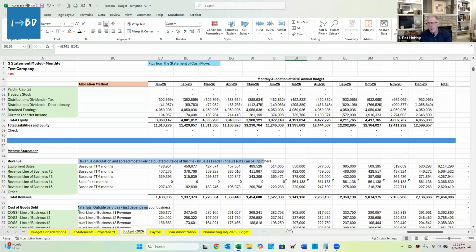Most companies don't have a whole bunch of other things that are big numbers, unless you have customer deposits or unearned revenue. Let the statement of cash flow do its work and tell the story, and then you, as the owner, can make decisions and make your choices. As we wrap up here, Pat,